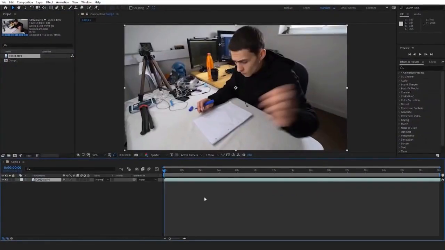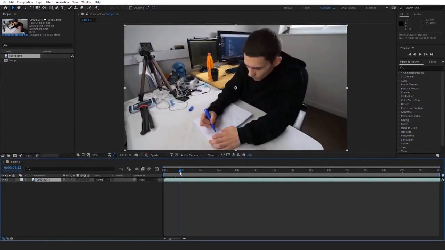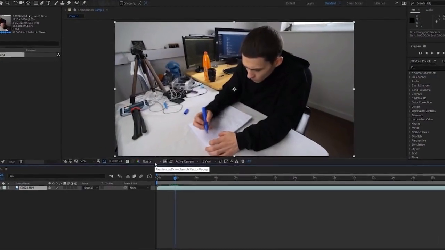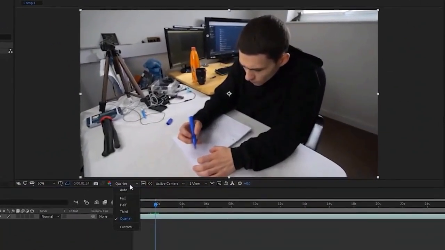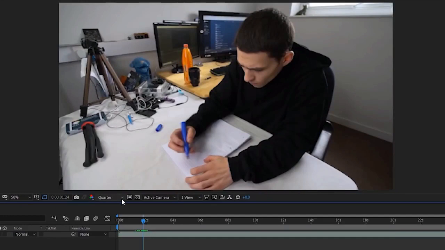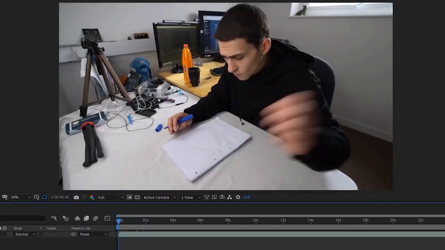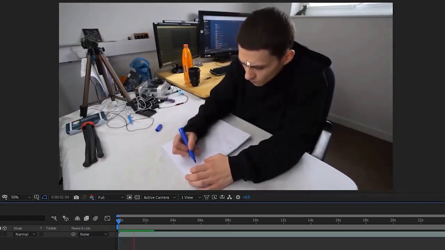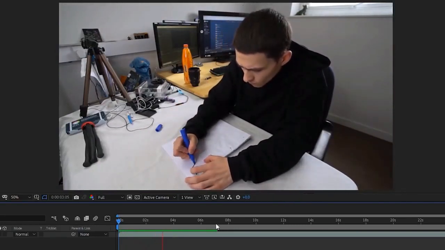into our composition. And also, as we see here, it's looking relatively low quality. So if we wanted to increase the quality at any time, we can increase the resolution playback quality, because this is not the final quality. This is only the quality that we see in here. We could change that from quarter to full, and just like that, if we go ahead and just give that a play, we have a clip that is the